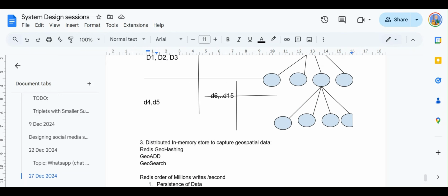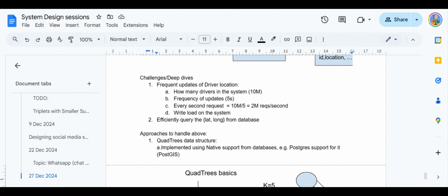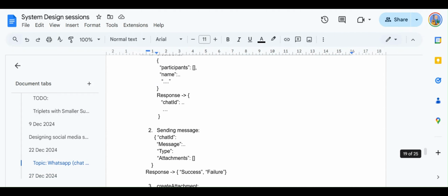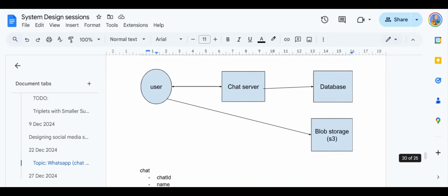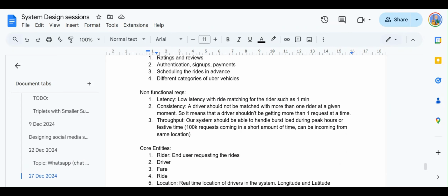So these are the deep dives that we are talking about right now. We have already talked about the functional requirements and how we are going to solve them. Now we are talking about the non-functional requirements part. So if I go back, here we are talking about the latency part, that a rider should be matched within 1 minute.